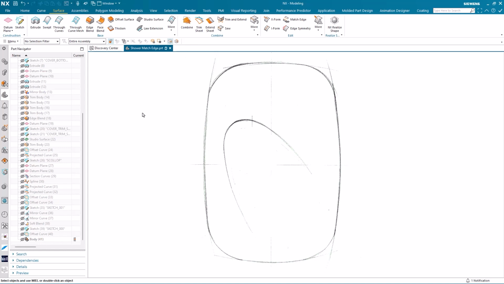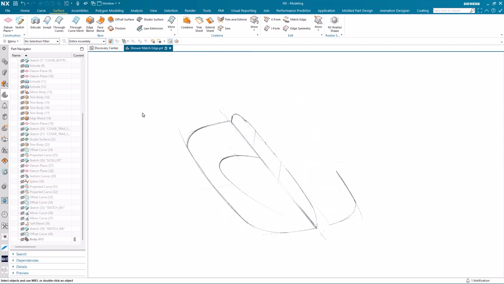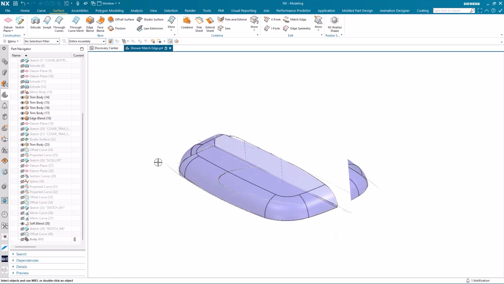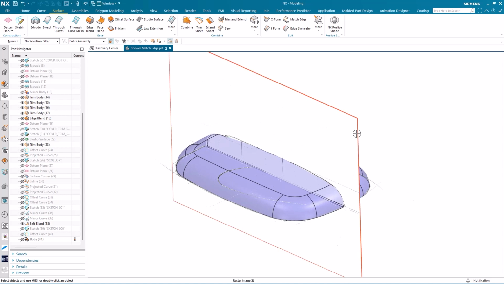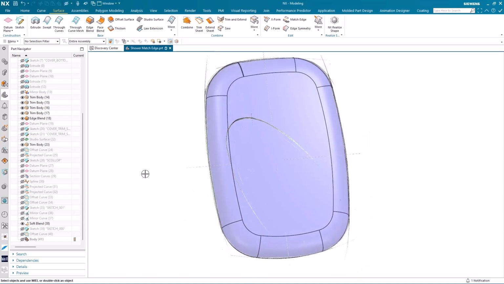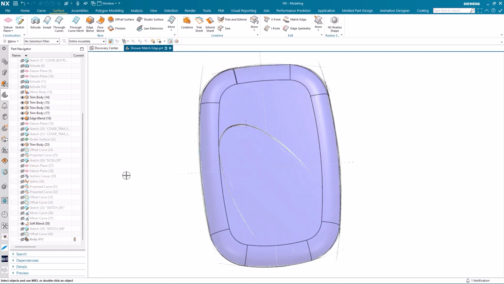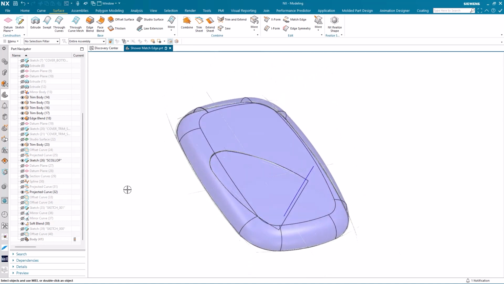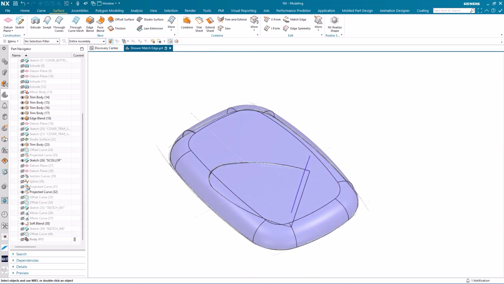In the graphics window, you can see that I have two conceptual sketches for an electric shower cover. And I've imported these as raster images, and I've been able to use these directly to construct the base shape of the shower cover. I'm going to temporarily hide the side profile of the shower cover and just concentrate on the front. And it's this front profile that I've used to develop sketches and curves that will allow me to cut a scallop out of the shower cover itself.